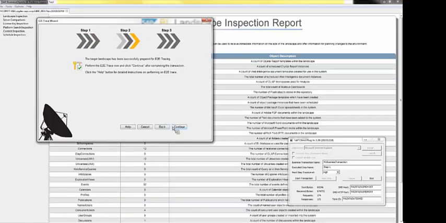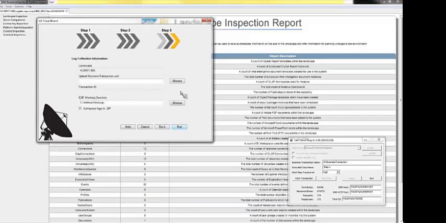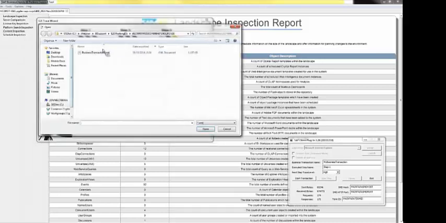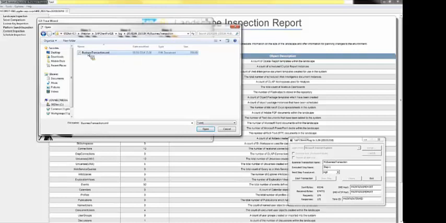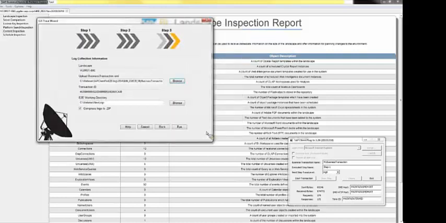Continue again. Now that business transaction.xml is actually created on the client machine where you're running the client plugin. The one that I have generated will be in the SAP client log, and the latest one, which is this one. Open it up. Now we have the transaction ID. That's going to be useful later on when we're analyzing the logs. But for the moment we click on